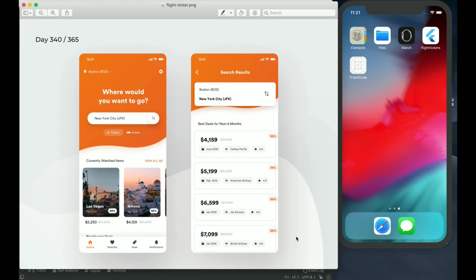This is Pratik. Today we will be working on this UI from Keshav. I have taken it from dribbble.com. It's looking good, and today I think I will be able to achieve this